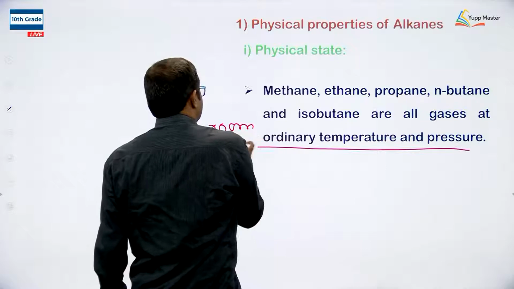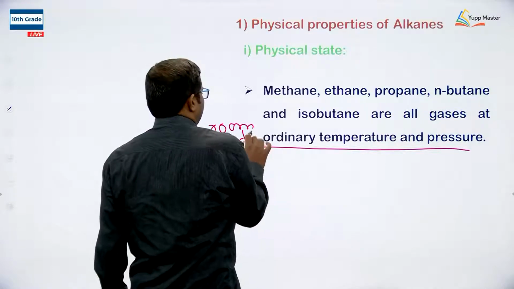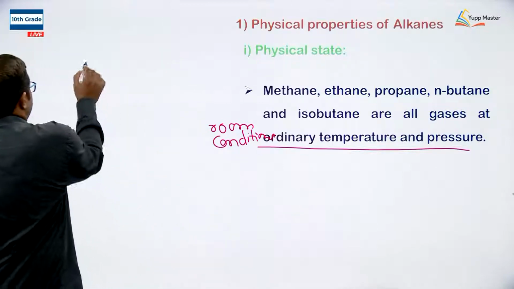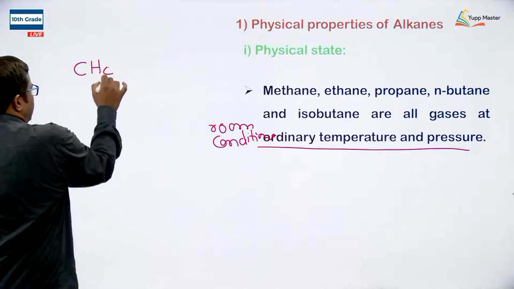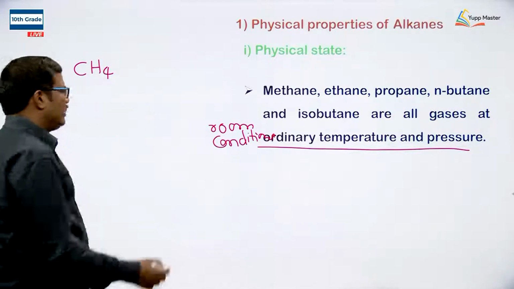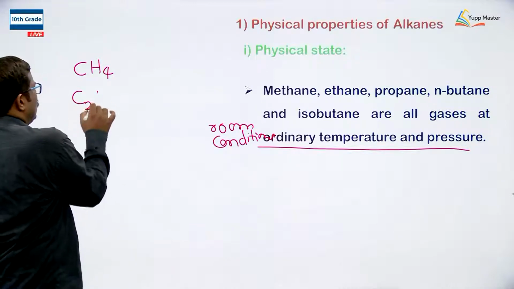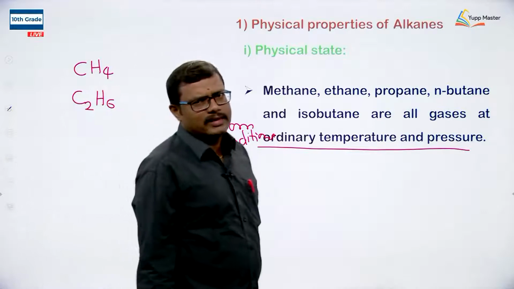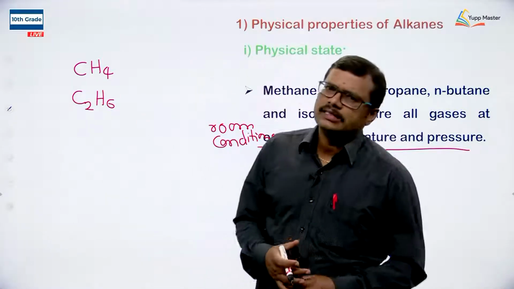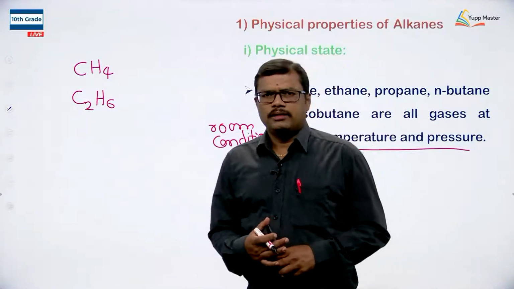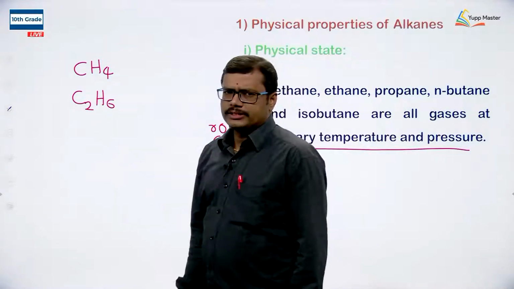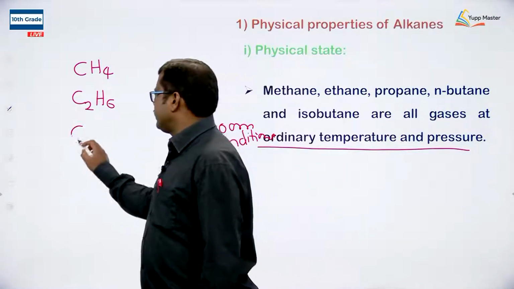At room conditions, room temperature and pressure, what is methane? CH4 is methane. What is ethane? Ethane is C2H6. What is the general formula of alkane? The general molecular formula of alkane is CnH2n plus 2. So, CnH2n plus 2 gives C2H6, and similarly